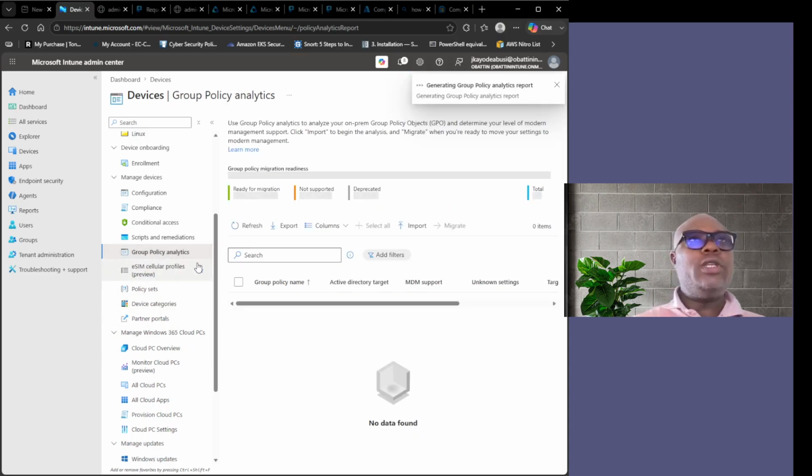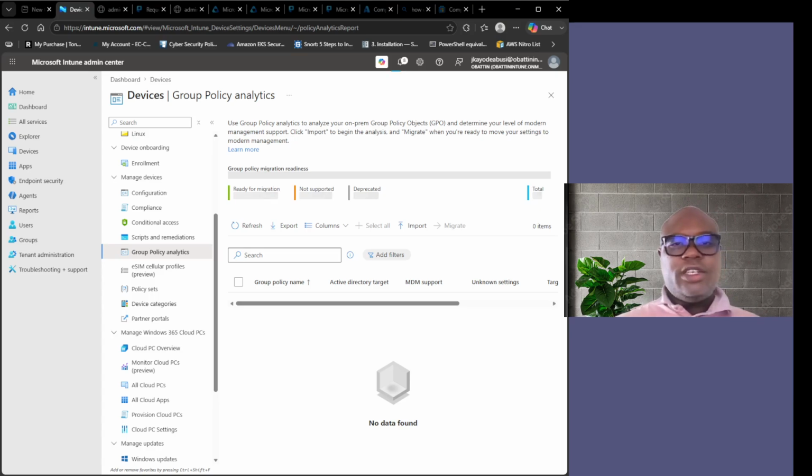Good. So under device management, we have Group Policy Analytics. Group Policy Analytics is for organizations migrating from traditional on-premises group policy to Intune cloud management. You import your existing GPO XML files and Intune analyzes them, showing you which policies have a direct Intune equivalent, which need custom configuration, and which are not supported in the cloud management model. So this is your migration planning tool. It takes the guesswork out of what to do with our 400 group policy objects when we move